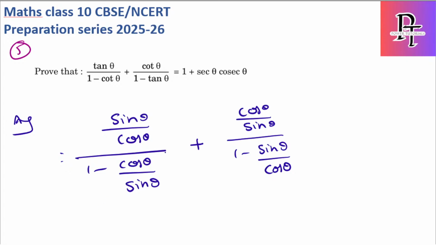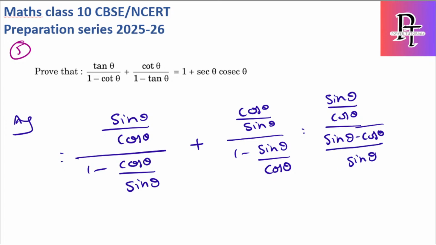Okay, so if I take LCM for the denominators, the next step will be sine by cos by sine minus cos by sine theta plus cos theta by sine theta by cos minus sine by sine theta. I'm sorry, this is sine minus cos by cos. Cos minus sine by cos theta. Okay, so if I move the denominators part to the top, now this equation becomes